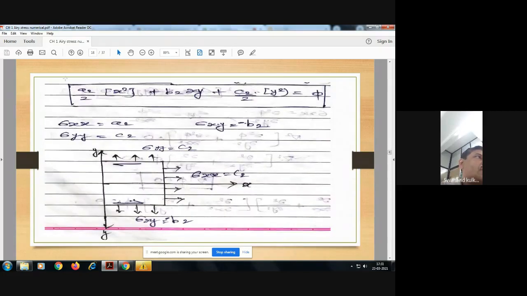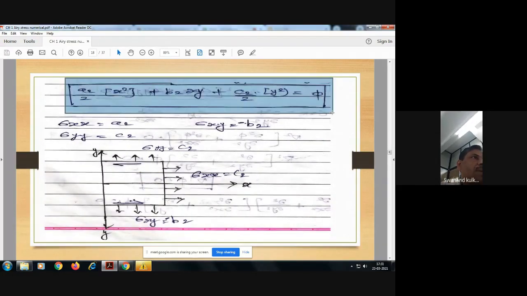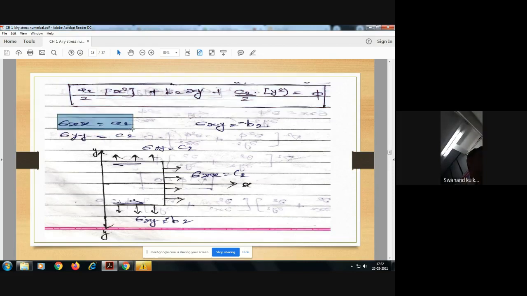Is it okay? So here we got this particular equation, and that equation represents a2 by 2 x square plus b2 xy plus c2 by 2 y square, which is equal to phi, and that indicates the second degree polynomial equation. Is it okay? So as far as this second degree polynomial equation is concerned, if we try to adopt the concept of Airy stress function here, then in Airy stress function we know that